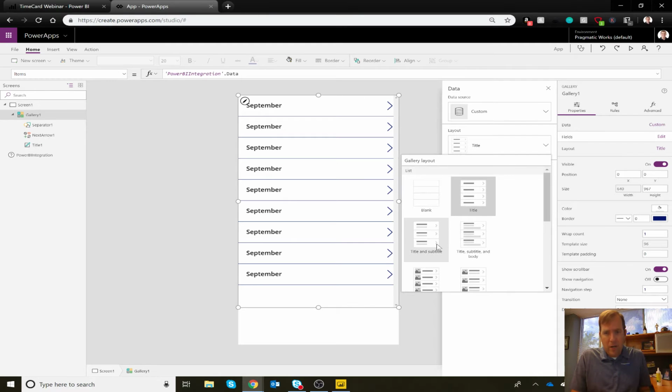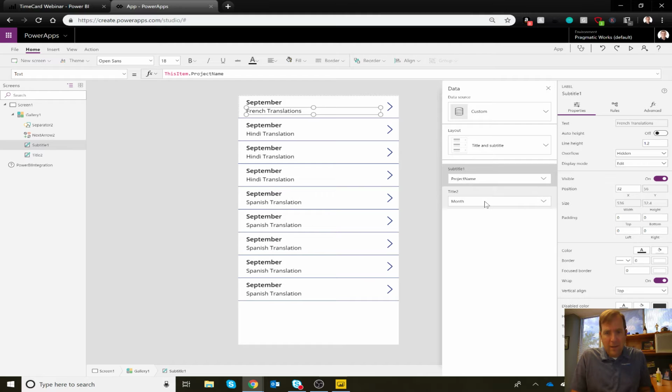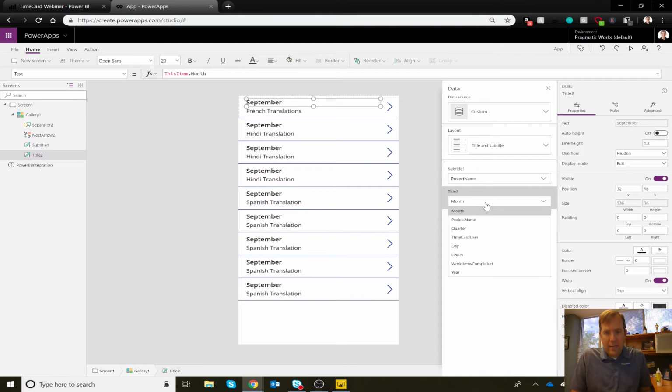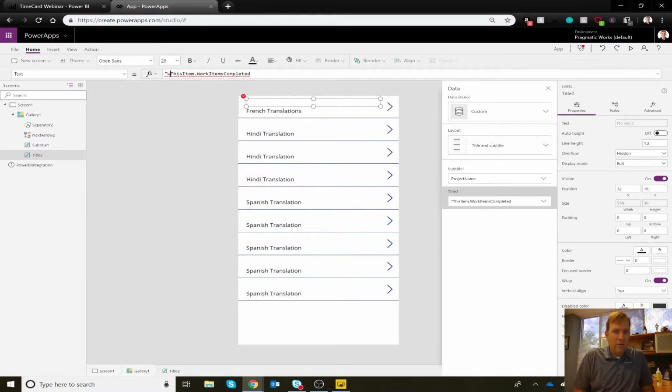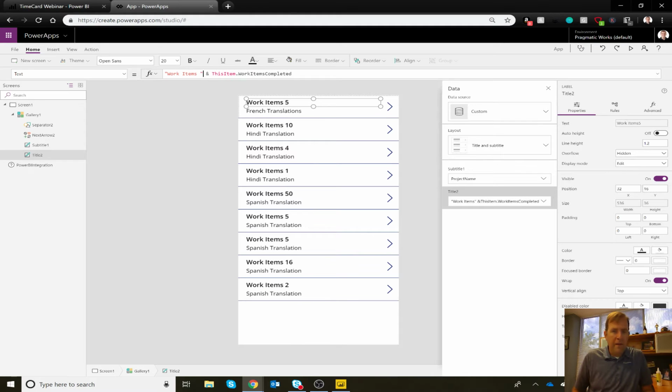Let's make this more of a simple title-subtitle gallery. Let's make the project name the subtitle. That'll work. And the title, how about we go with the number of work items completed, so we can see any anomalies. And I'll go ahead and put a little label in this, called work items. There we go. And if we see that it looks a little unusual, like 50 work items that one day,